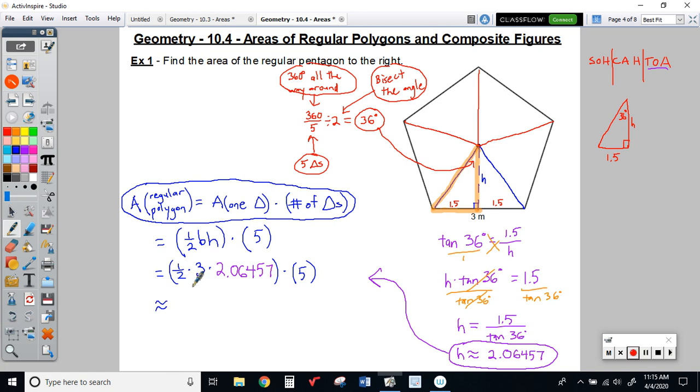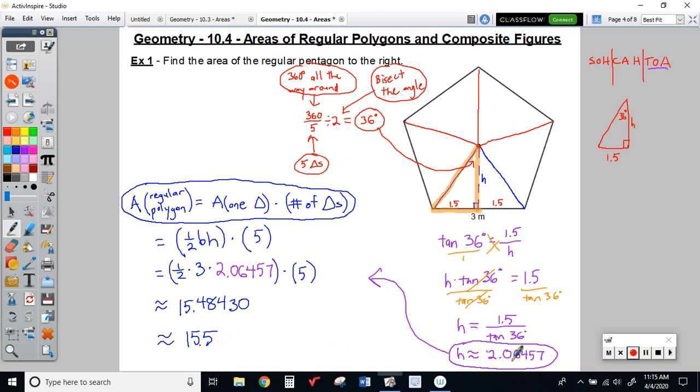So if we're going to take this, multiply it through in a calculator, I end up getting 15.48430. That is the value I got by keeping the answer in my calculator and just using the calculator to help it do the work, or have it do the work for me. So rounded off though, if you round it off to 5 decimal places, you should get something very close to this still. And then rounding to 1 decimal place, let's go nearest tenth for some verbal directions on this one,